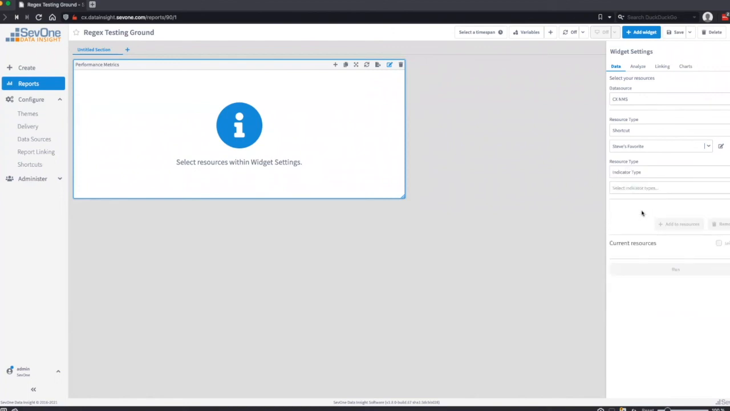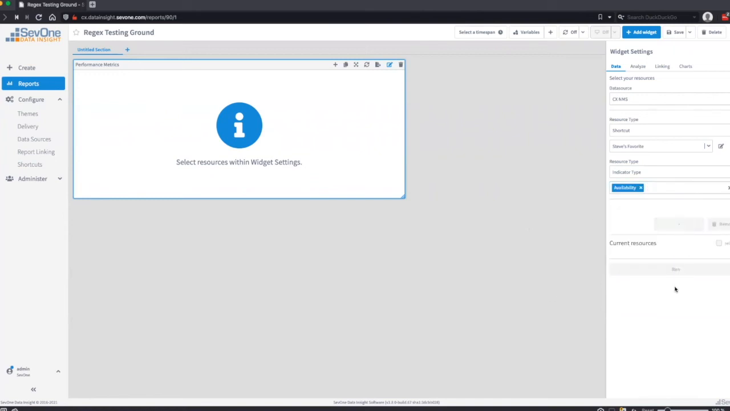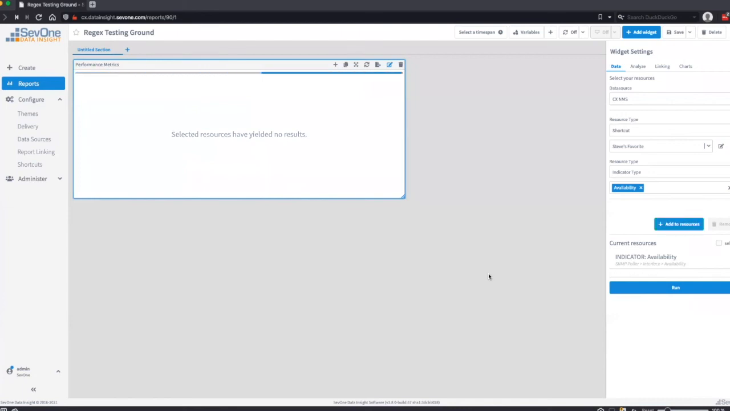I can even skip that and go straight to an indicator. And let's say I wanted to find HC in or out octets, anything that matches that. And you can see all the different items that are here. And I can just say, let's find availability, which is usually a very good one. So we'll do that. We'll add this to resources. And then I can actually just add this to the widget, and it'll find all those results and put them